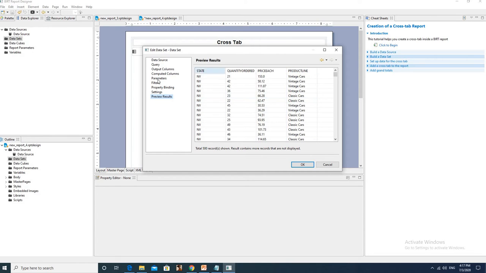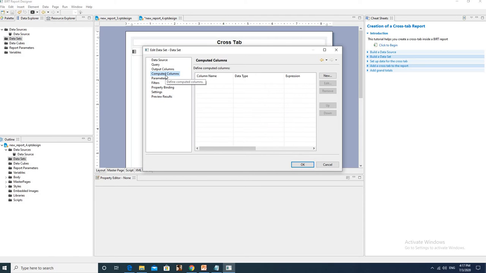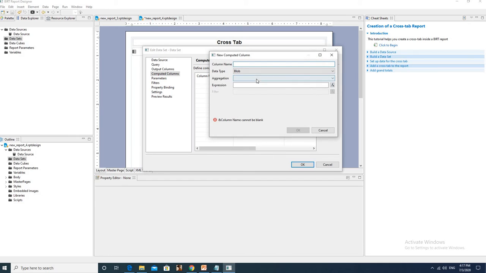Next we create a computed column. So click on new, and specify the column name here as, suppose, extended price. Choose the data type as decimal. Click on expression.